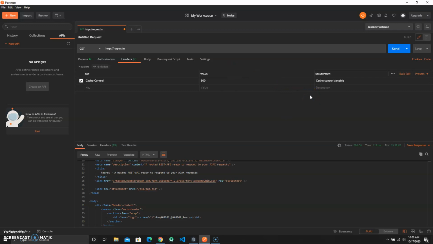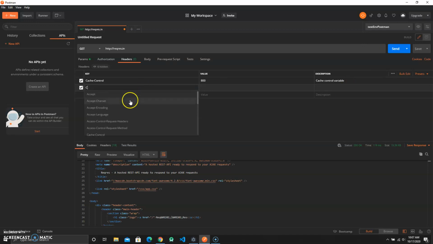So the most simple thing in terms of headers is called cache control. What cache control does is that it caches the request sent to your API and uses the cached response to send the response back to the user. This reduces the amount of time it takes to return a response. As you can see, you have a cache control value of 800, and I named it cache control variable. So I'm going to add another request,